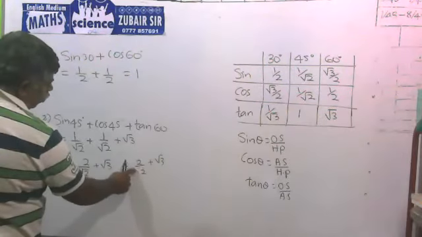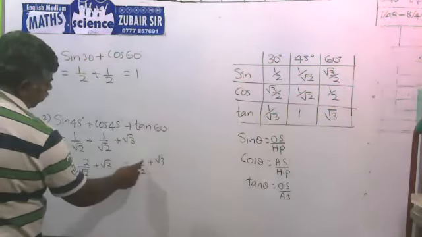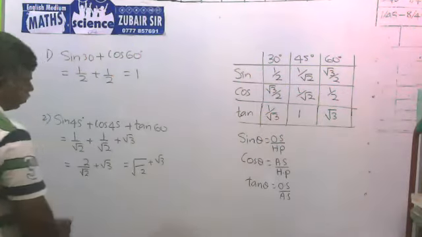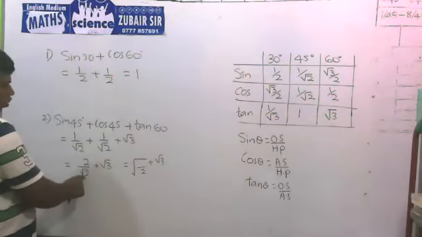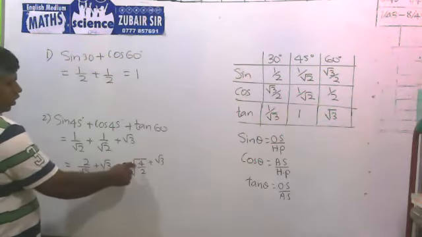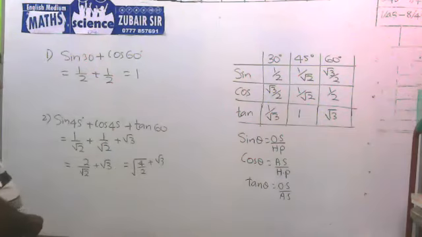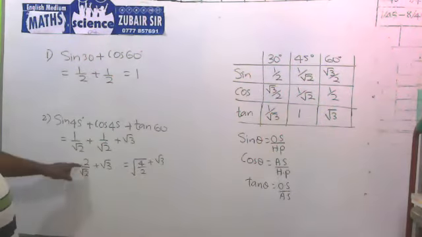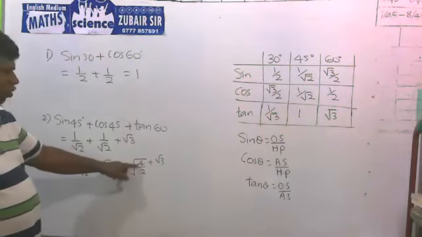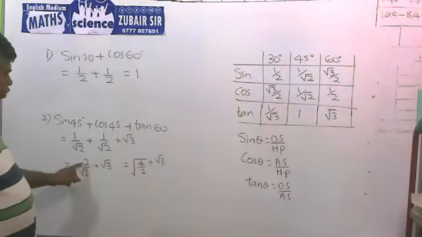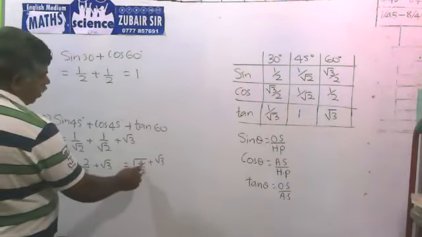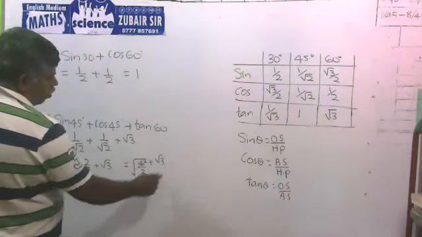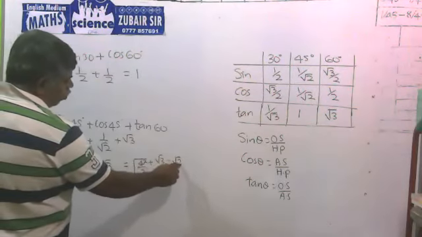without writing 2 over root 2, this 2 also we can put inside the square root. We'll put a complete square root for this. Then inside the square root 2 is there. Outside 2, when you want to write that inside the root, you have to write 4. So this 2 becomes 4 when you put the square root. Then square root of 4 is 2. Lower part is root 2. Now you can see this 2 and 2 get cancelled and becomes 2. Then you are getting root 2 plus root 3.